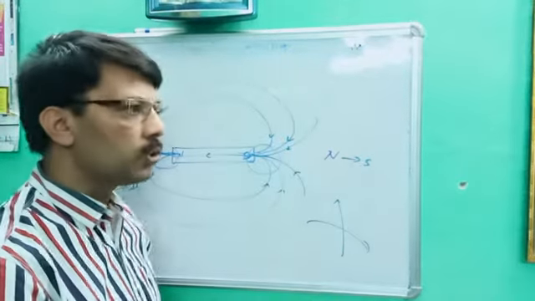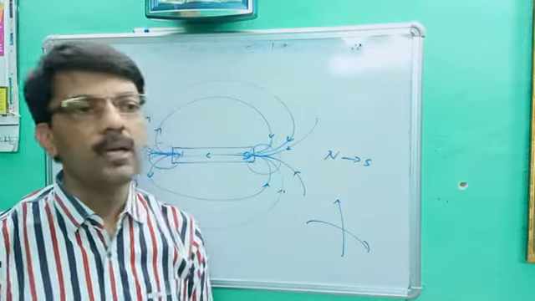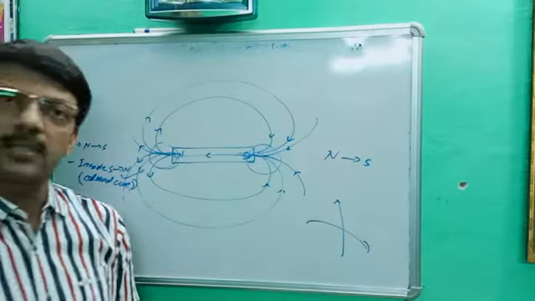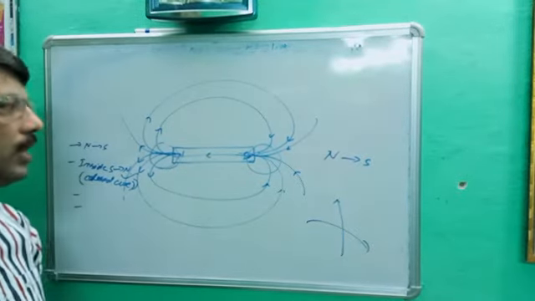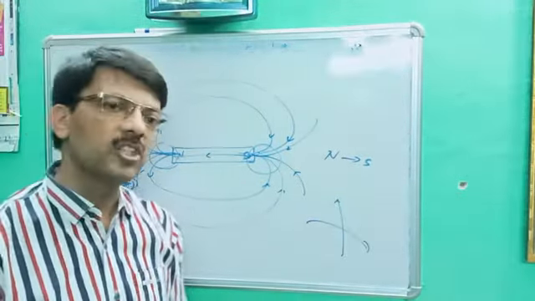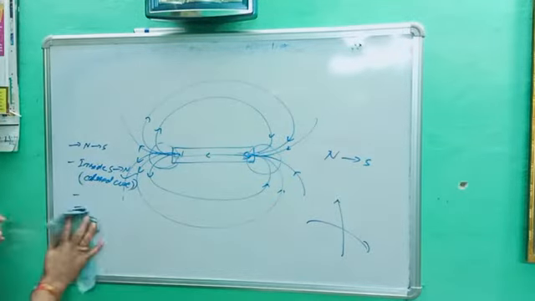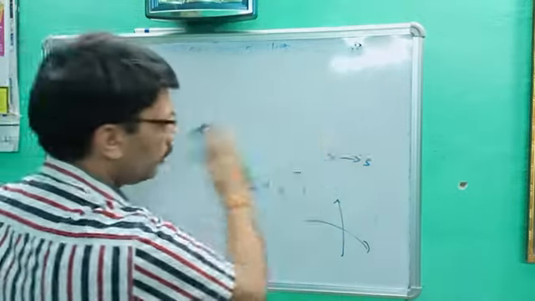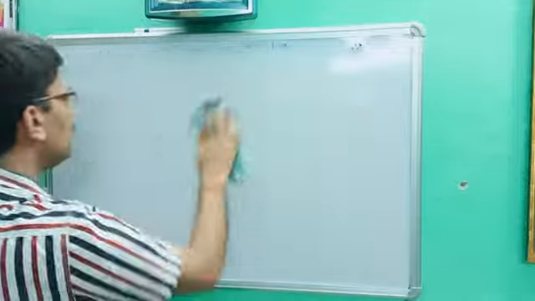If they did so, there would be two directions, which is not possible. Okay, so this is the introduction of the bar magnet. Okay, so our next topic is very clear, and this is the current carrying solenoid.